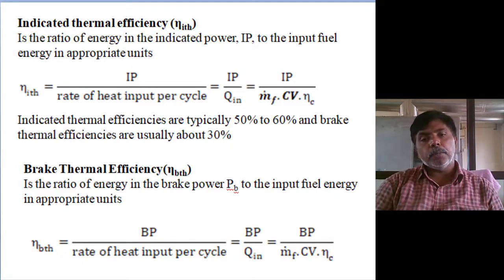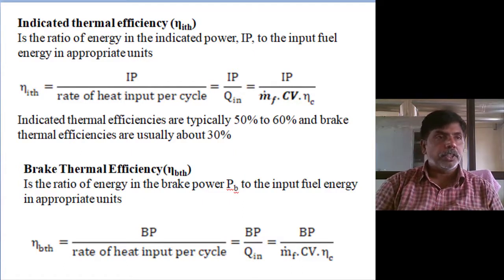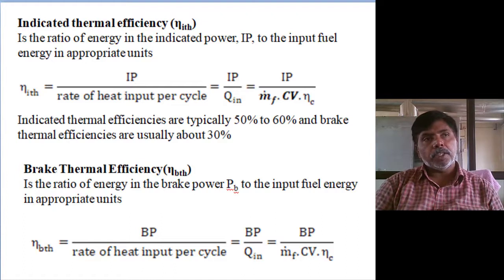Coming to the brake thermal efficiency, this is the actual thermal efficiency of the engine. When power plants, we are calculating net work output by heat supply. Brake power is the net work output. After subtraction of the friction power only, the ready to use energy is the brake power. So brake thermal efficiency means brake power to the rate of heat supply per cycle.